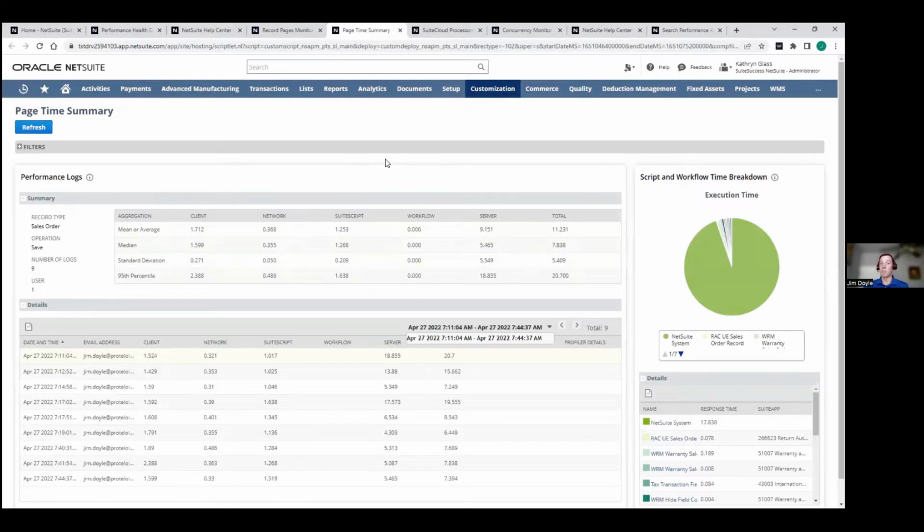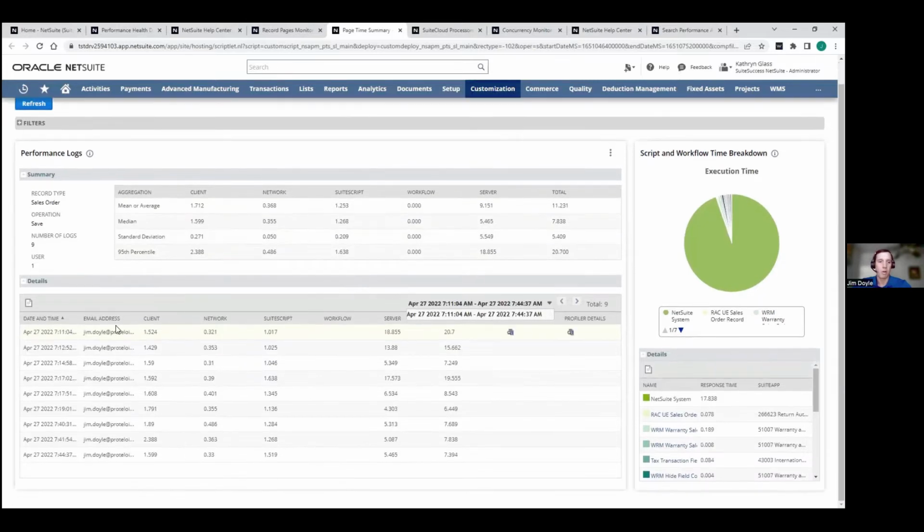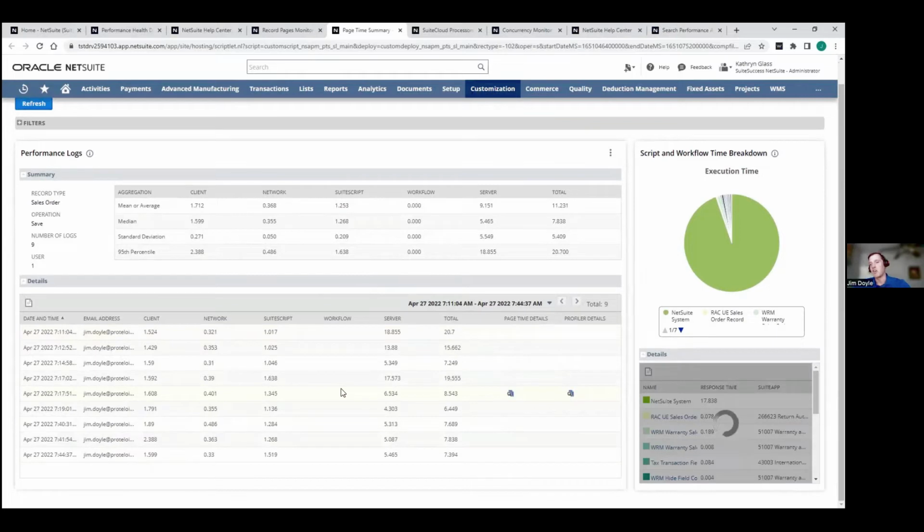So if you see big numbers in your suite script and workflow, then that's going to be something you may want to look at, and perhaps some of those scripts could be scheduled or map reduce or optimized. That's getting more into the technical discussion about how we fix issues that we identify. But at least you can see that the culprit would be a customization that I have applied to my sales order. I can see all my different individual instances down here, and if I select one, then this pie chart